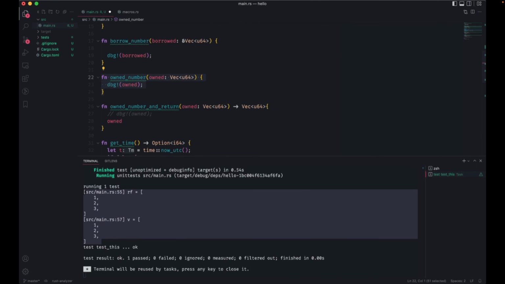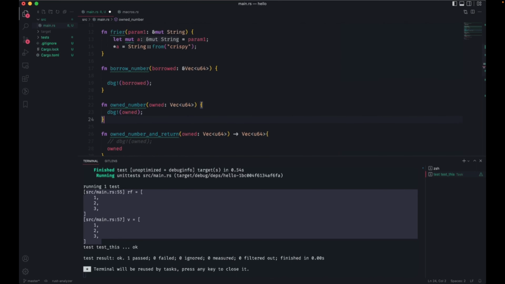I've got one function which takes, in its signature, a Vec<u64>, a vector of integers of type u64. So it takes an owned object; this function takes an owned one. This one above, the borrowed number, takes an ampersand in front of the Vec. So it's taking a reference only.